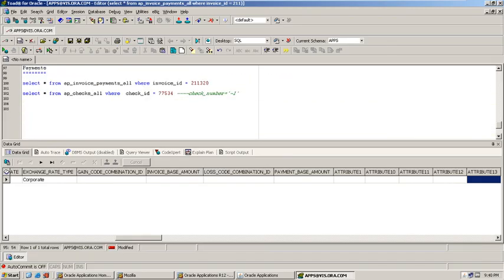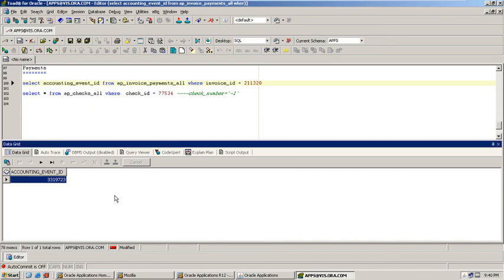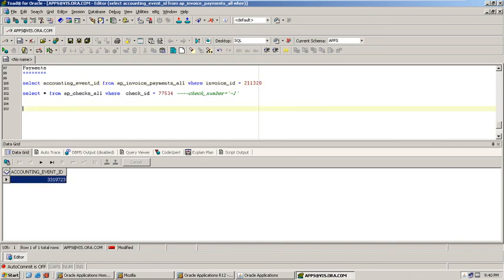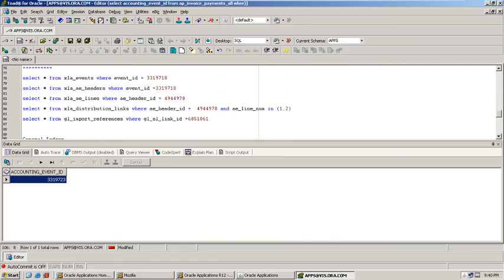Here in AP_INVOICE_PAYMENTS_ALL, you can see the accounting event ID. What is the accounting event ID? This is the value. The same value is in the SLA tables.